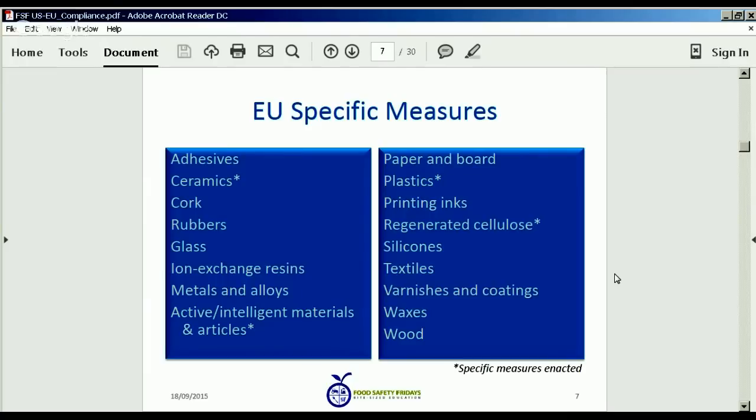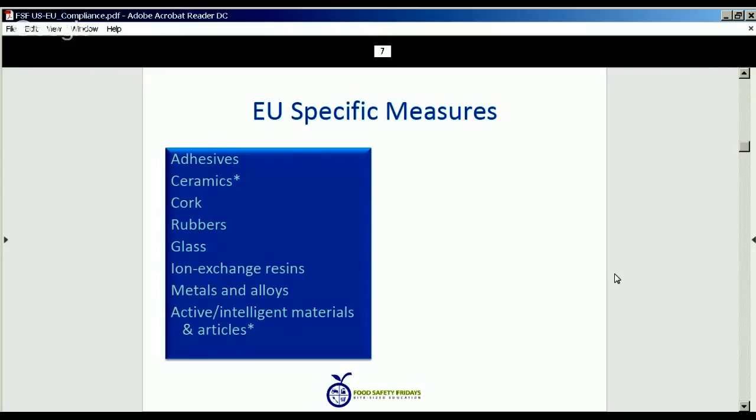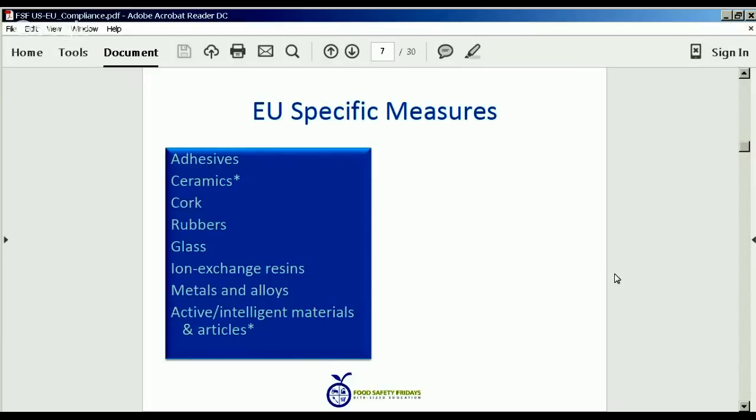them, which is to say they have their definitions of limitations and requirements, their positive lists identified, overall migration limits specified, and specific migration limits specified. And because the plastics legislation specific measure is so well defined and worked out after years of development and accumulation, the rest of this will be discussing compliance with packaging materials that contain all or some